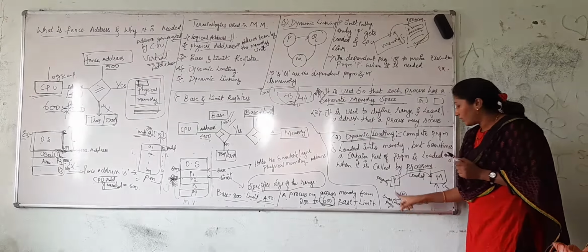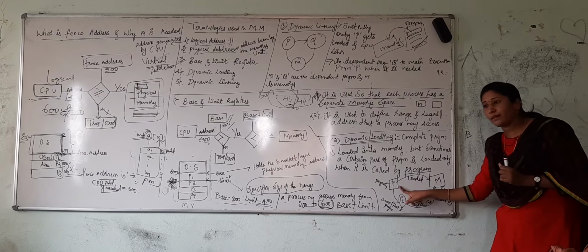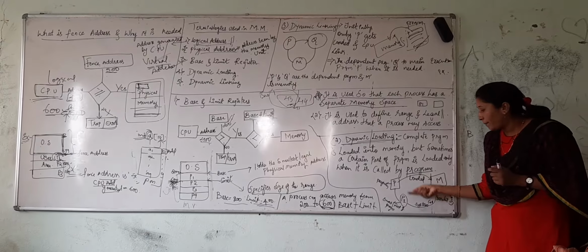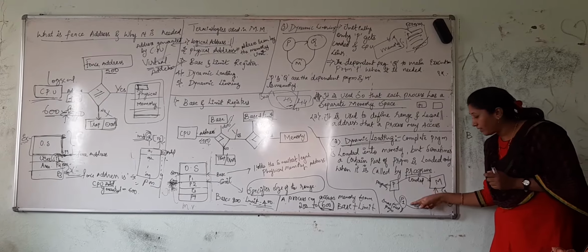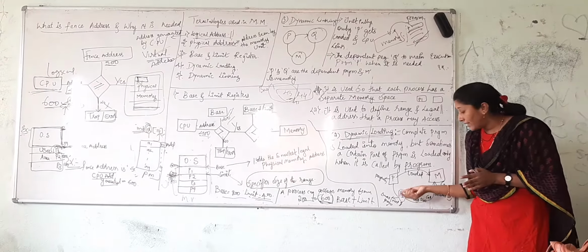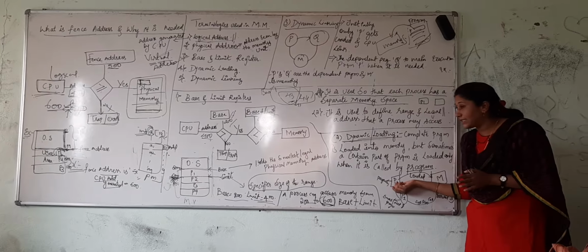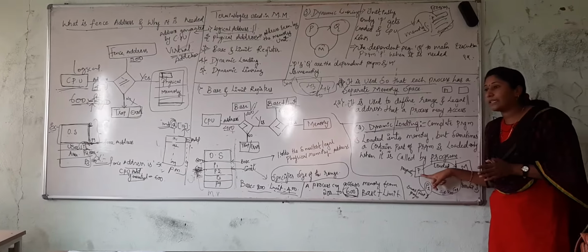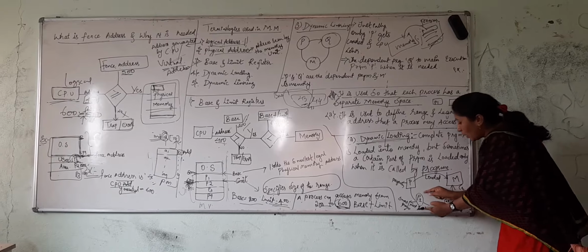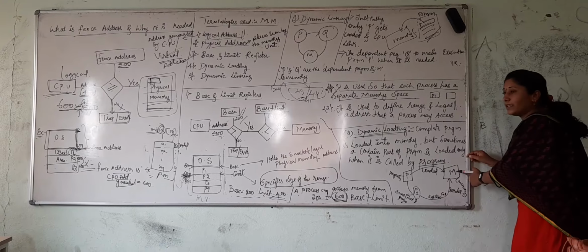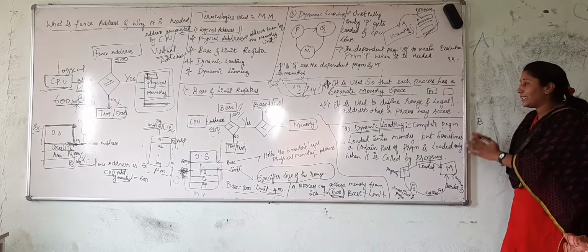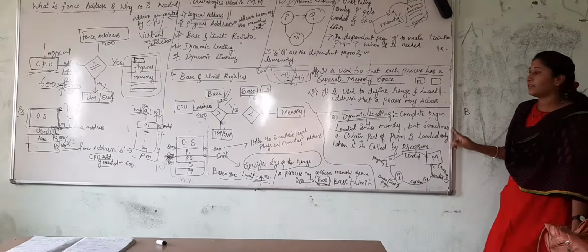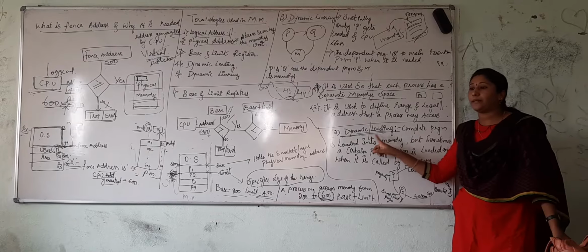Got it? Here I have written a program. P is a program, P1 is a part of it. You can easily define it. P is the whole set of the program. P1 is a part of it, which means it is executed only when it is called. Only when it is called is that particular part of the program executed in your memory. Otherwise, the whole set of the program is loaded and executed. This is called dynamic loading.